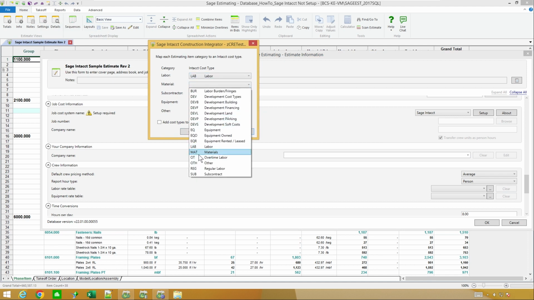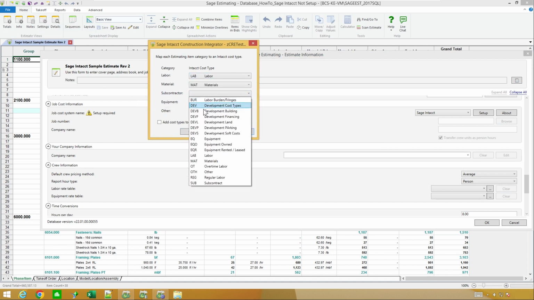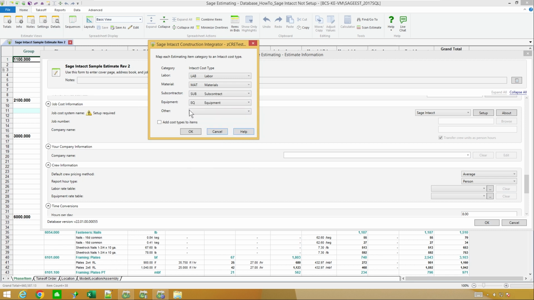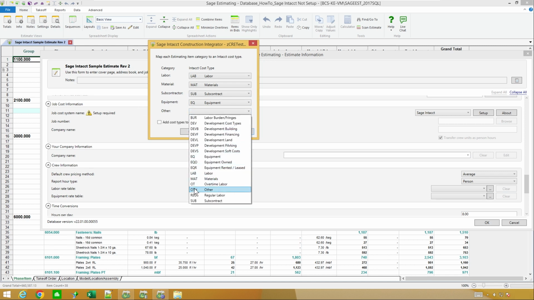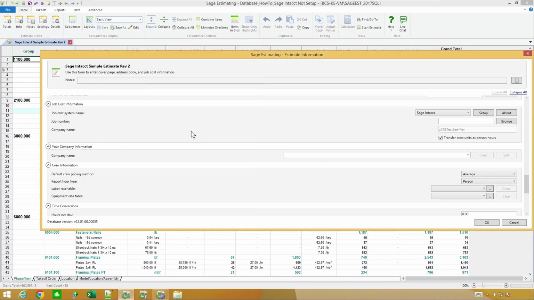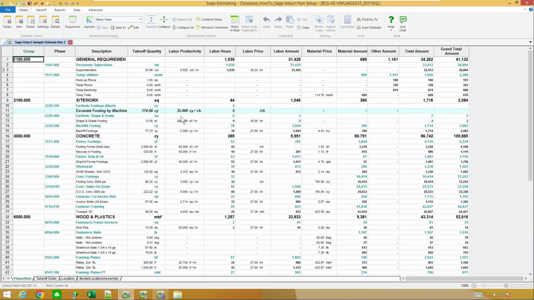So I'm going to go down through the same relationship of what my categories are. And I'm going to update it to all my cost items. And then I'm going to hit OK. And OK again. So that at least lets this estimate know that at some point I'm going to be transferring it to Sage Intacct.